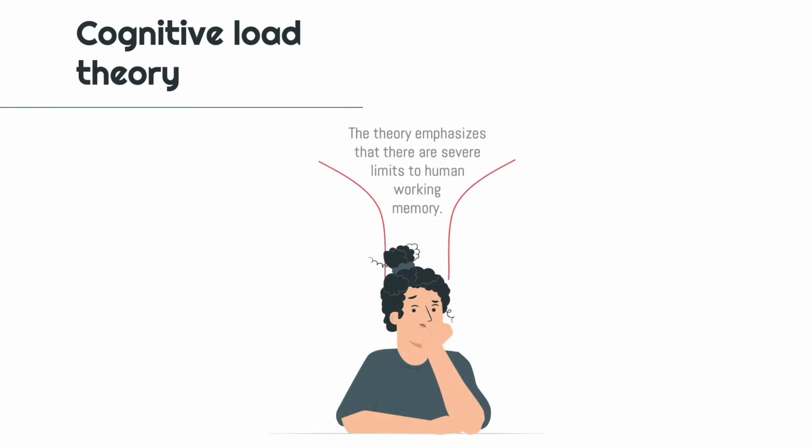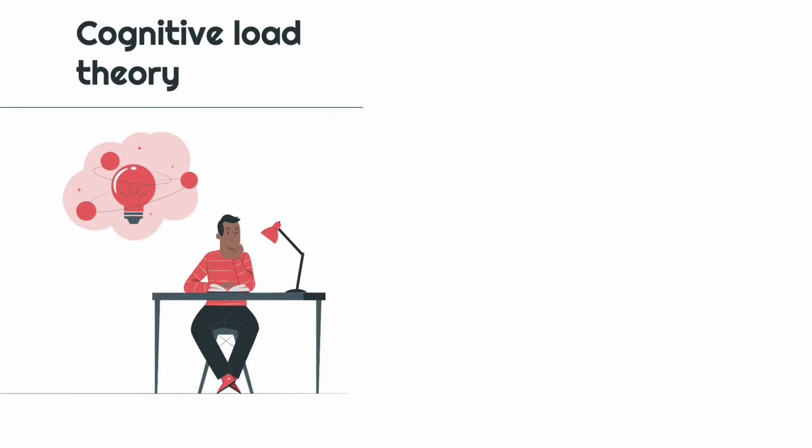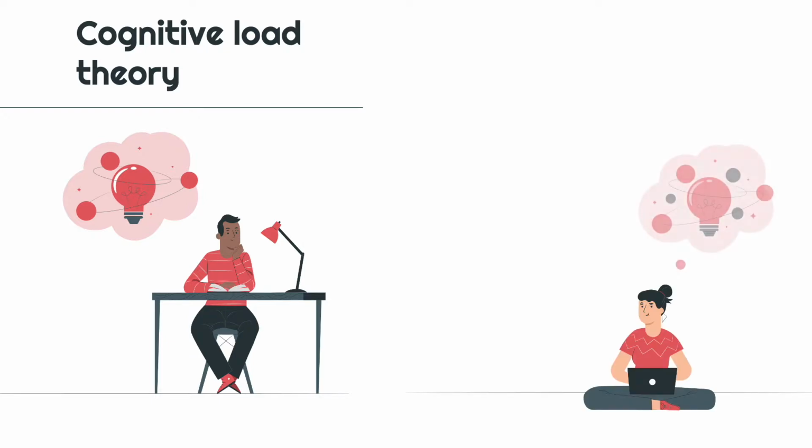Cognitive load theory is an influential branch of educational psychology that has become one of the most frequently cited theories in computing education research. The theory emphasizes that there are severe limits to human working memory. From that premise, it derives various empirically grounded recommendations for teaching and learning. For instance, studying worked examples imposes less cognitive load on learners' working memory than problem solving does. Since examples nevertheless lead to effective learning, cognitive load theory recommends studying examples over problem solving when the learner's prior